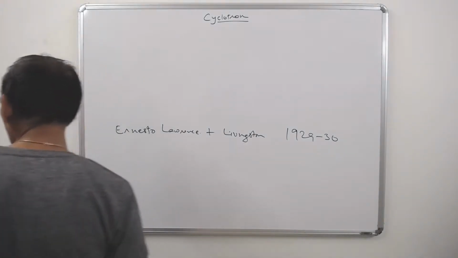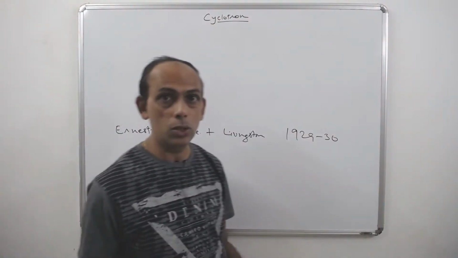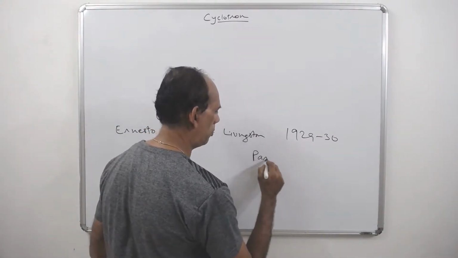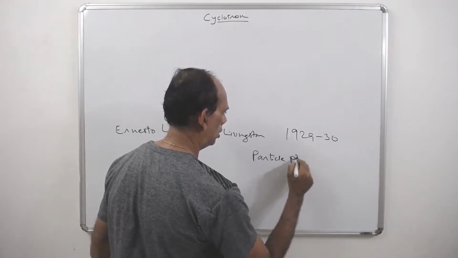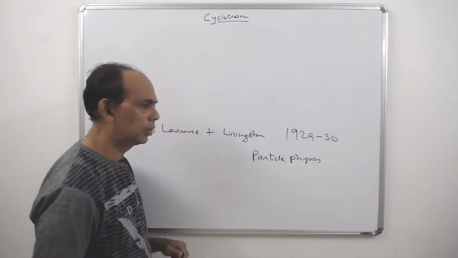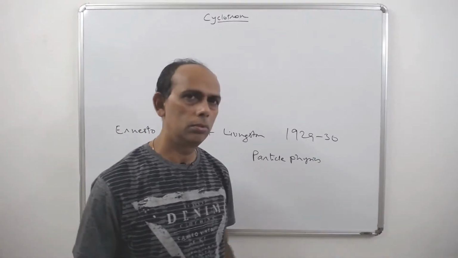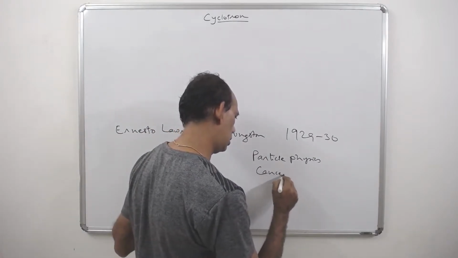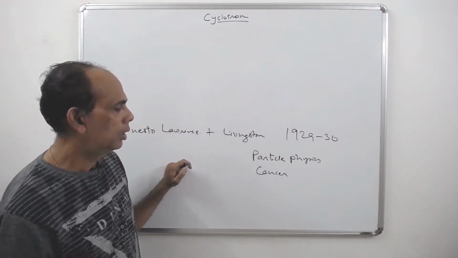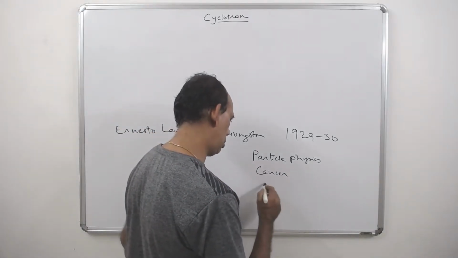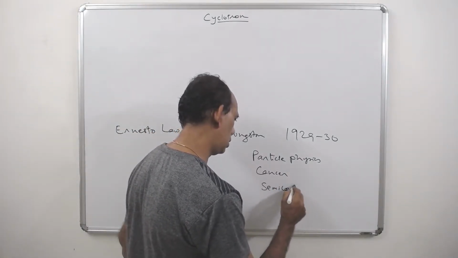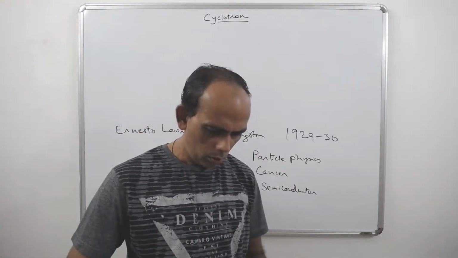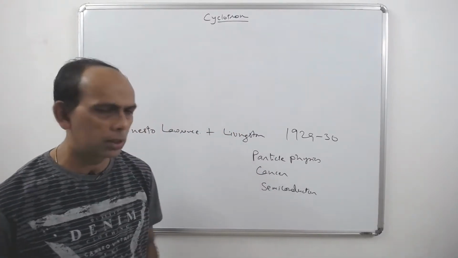For what purpose is it used? It is used for various purposes. One is to study particle physics, the behavior of the subatomic particles. It is also used in cancer treatment. It is also used in some of the semiconductors. So it has a good use, right? I will tell you how, for physics.